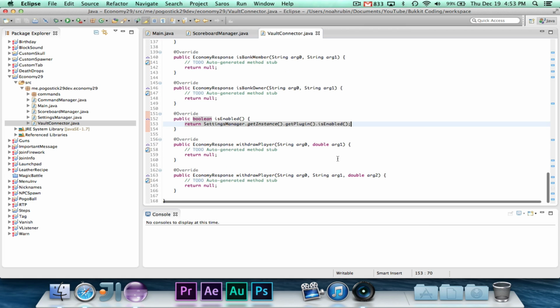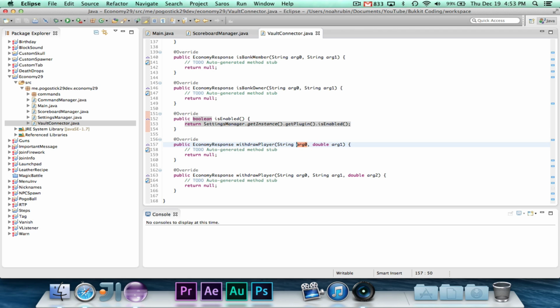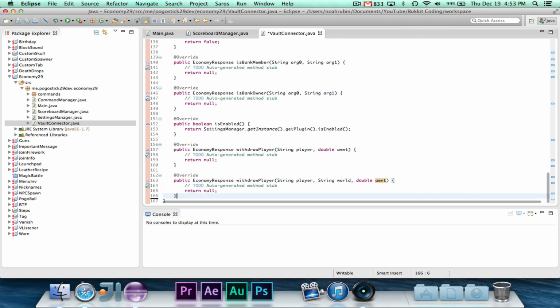If it's not, then it will return false. And the last two methods that we have right here are withdraw player, string player, double amount, and string player, string world, and double amount.